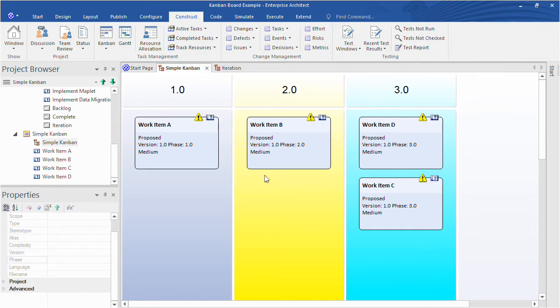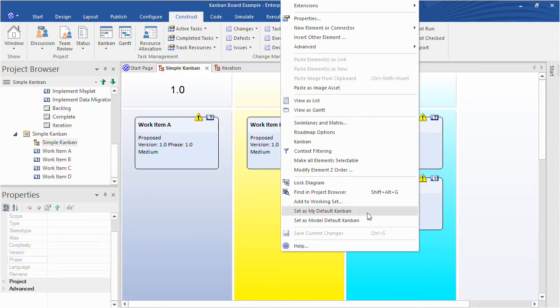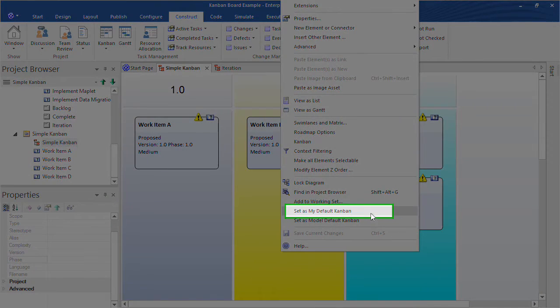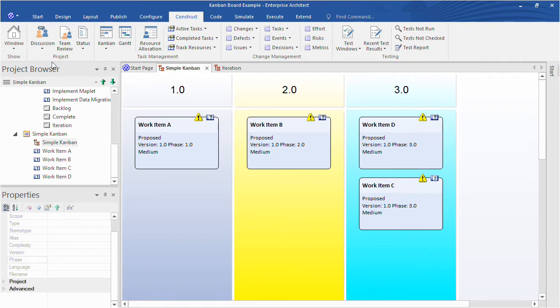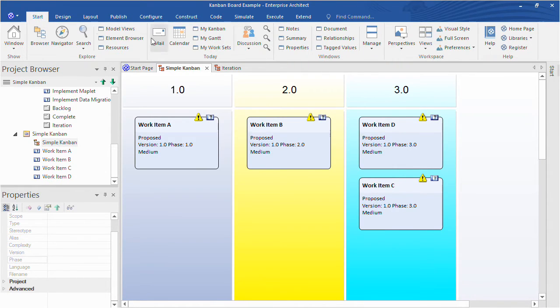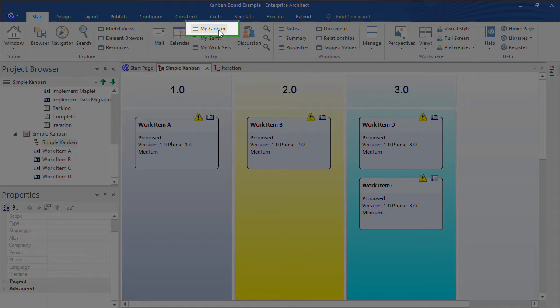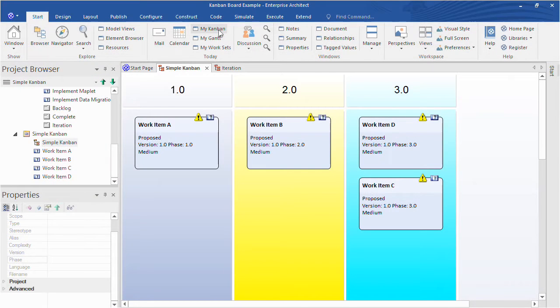So applying that now, we can see these are task elements, and the little exclamation mark represents the priority. And I can easily see information about each of these work items as they progress along the various stages. I can also set for a Kanban my default Kanban diagram. So in a shared model, when I open up, I can then use the Start menu to jump straight to my Kanban. And personally, I have a default Kanban diagram that I use in our shared Sparks model. But most of that's just visual.